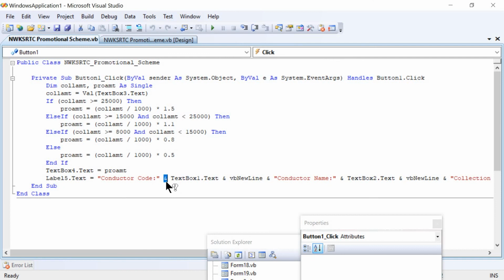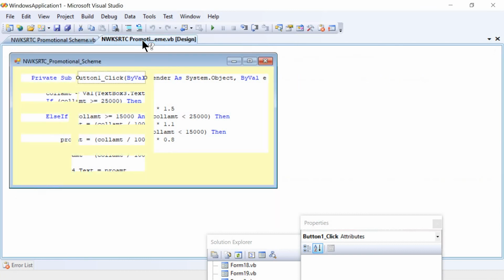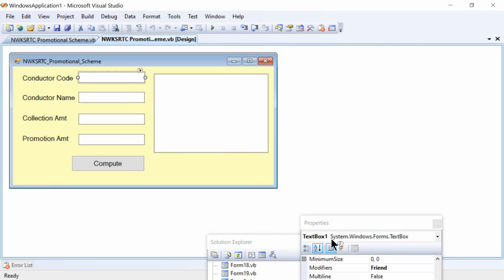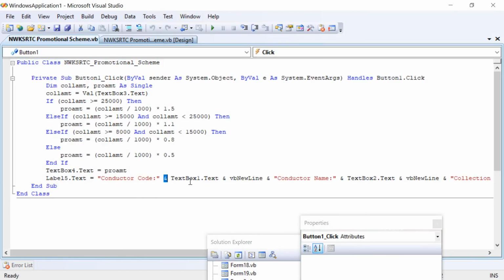Ampersand we call the concatenation operator in VB.NET, which is mainly used to combine or join two strings or two string operands. As per the window design, the conductor code is entered via text box 1, then the text box 1 dot text property.